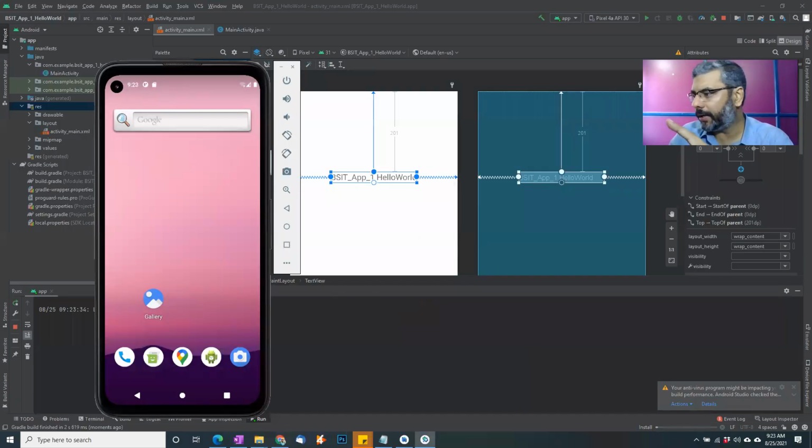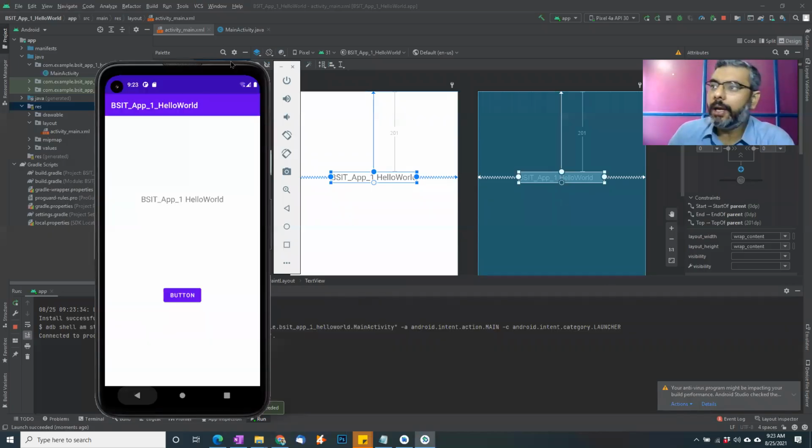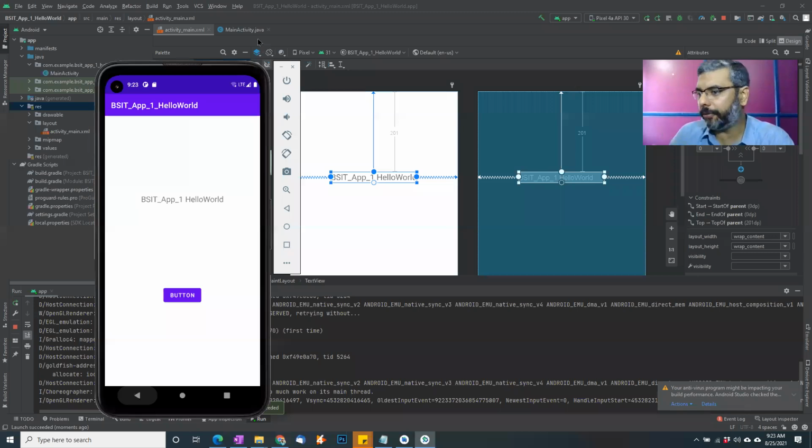So let it wait. It's still installing. Okay. I didn't monitor that. So once I click on the play button, you will notice your emulator should pop up and wait for that installation to complete and your app will appear. Okay. Previously, I closed it and I didn't wait for it. So you need to be a little bit patient with it and wait for it.